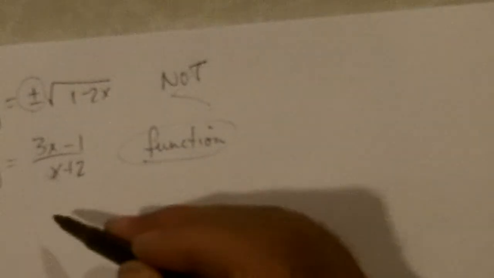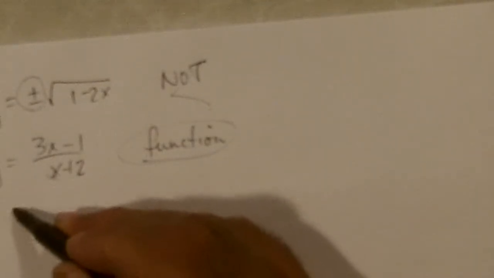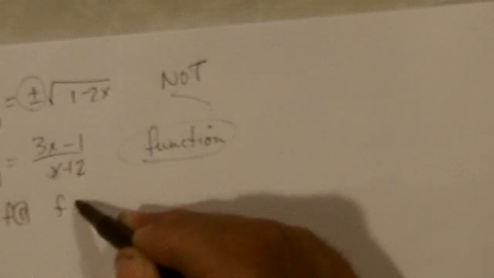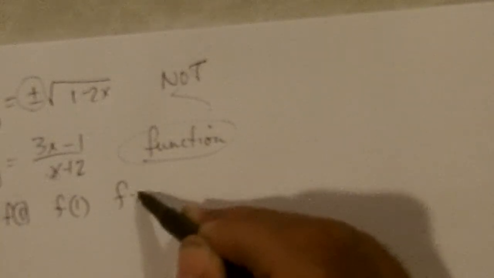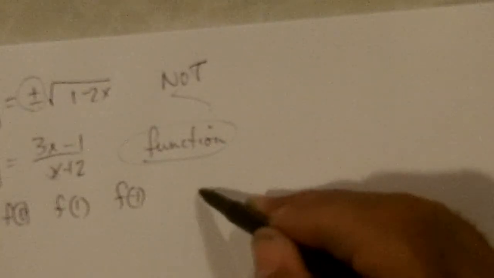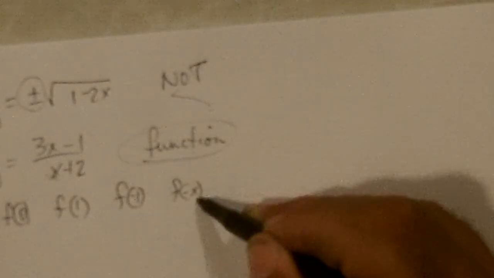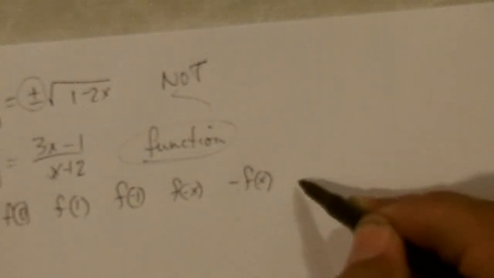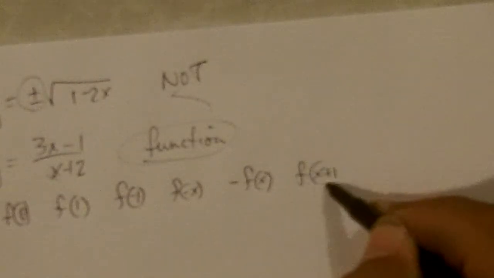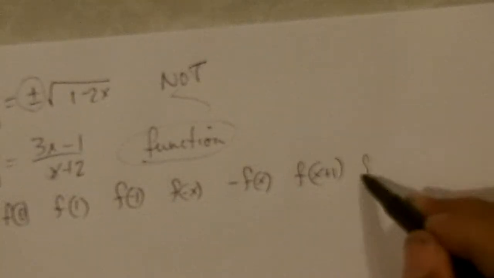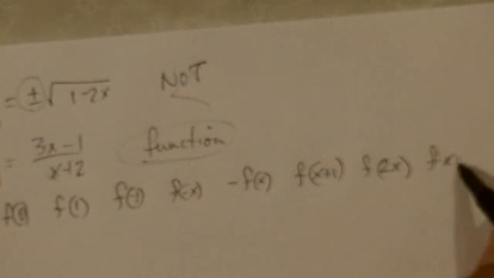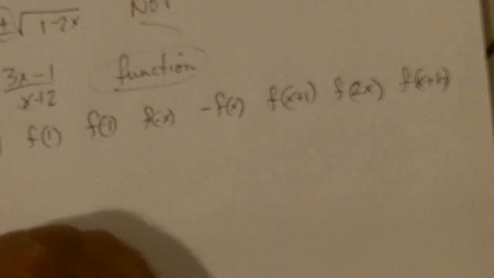We've got a whole bunch of things to do on this next group, and that's find f of 0, f of 1, f of -1, f of negative x, negative f of x, f of x plus 1, f of 2x, and f of x plus h. So on 43, f of x